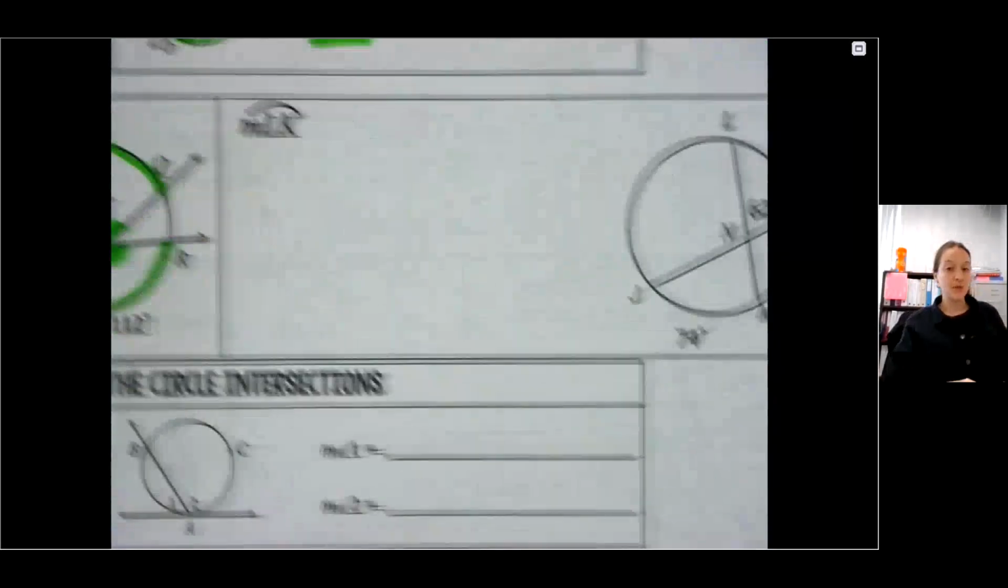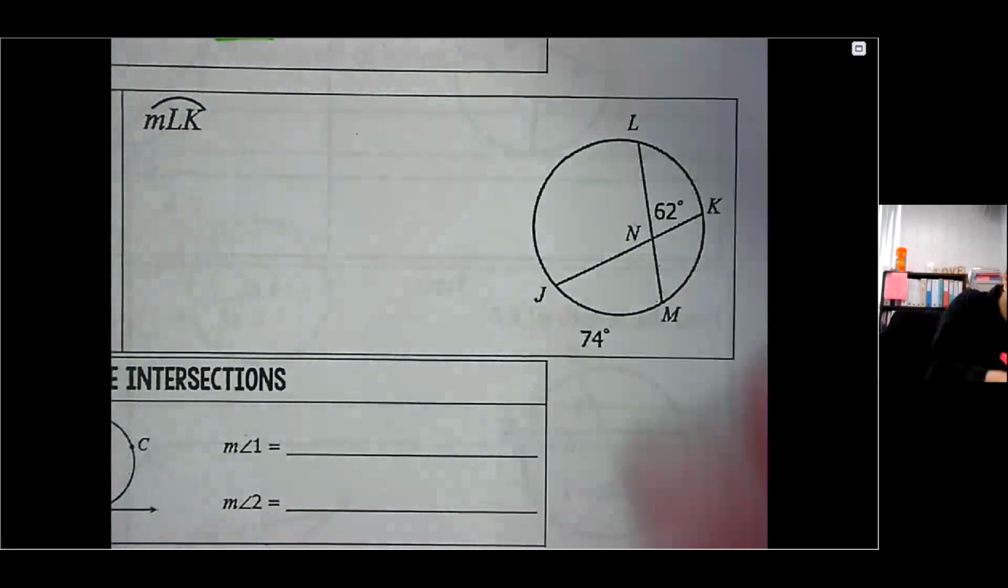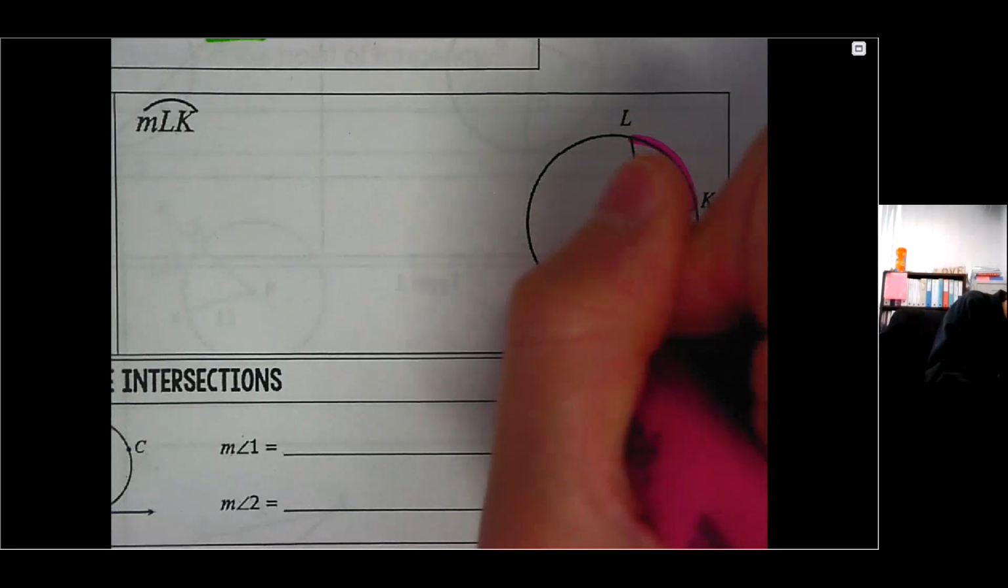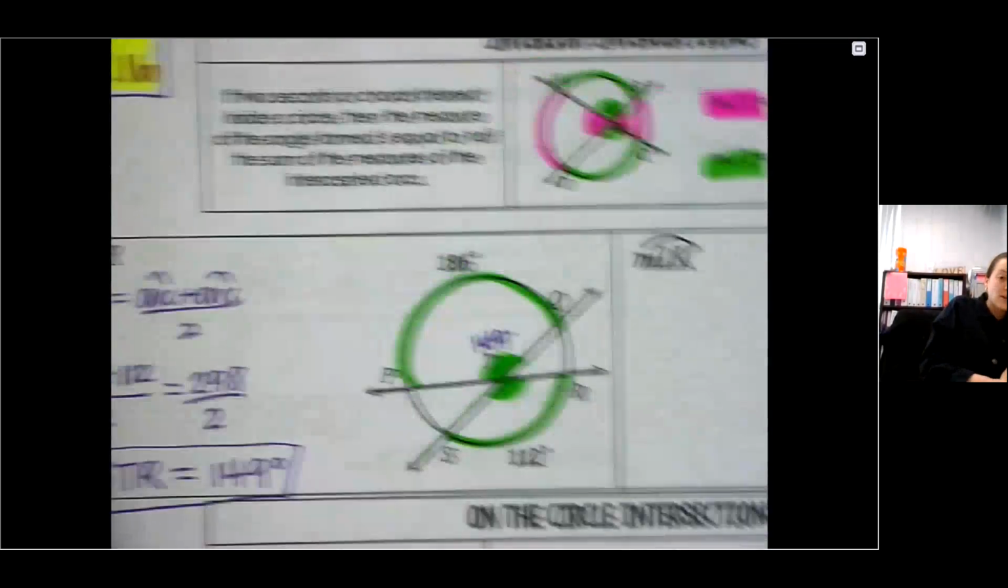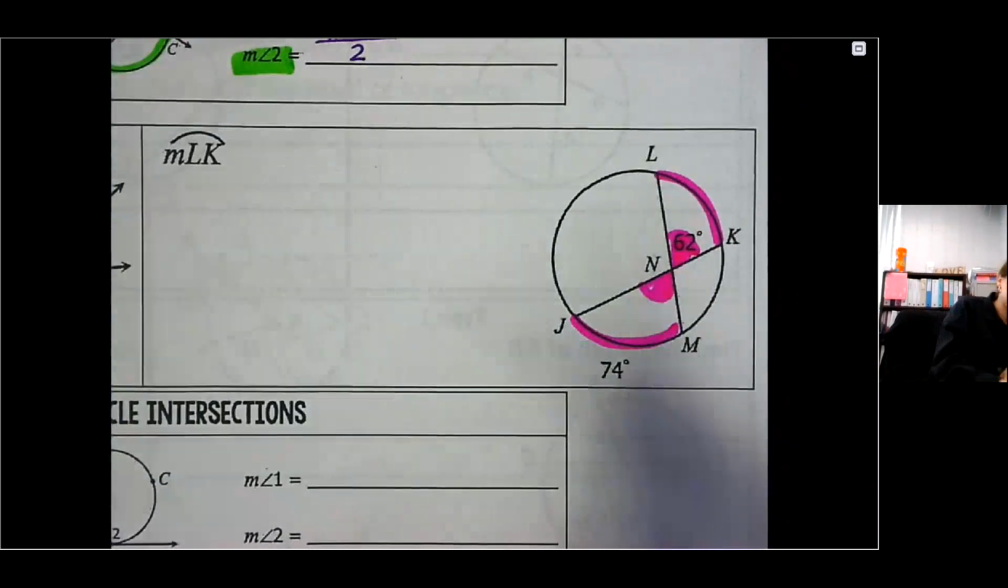Okay, number 2. The measure of arc LK. I am looking for this arc measure right here. The angle that opens up to the arc is 62 degrees. Its vertical angle opens up to arc 74 degrees. So again, I'm using the same equation, which is that the angle equals the arc plus the arc divided by 2. My angle measure is given to me this time, it's 62,